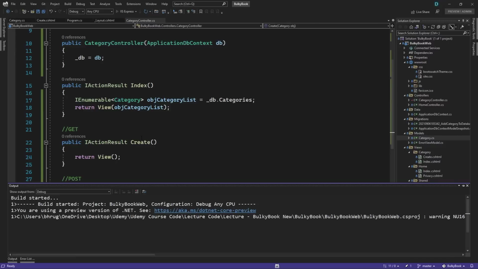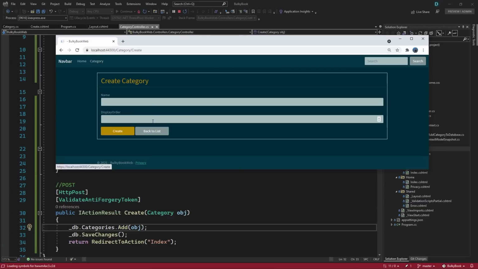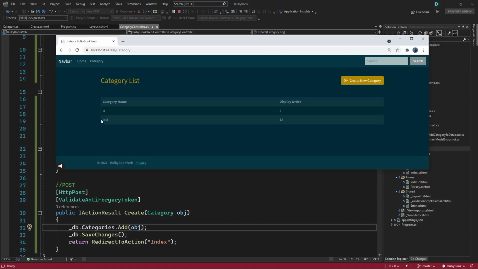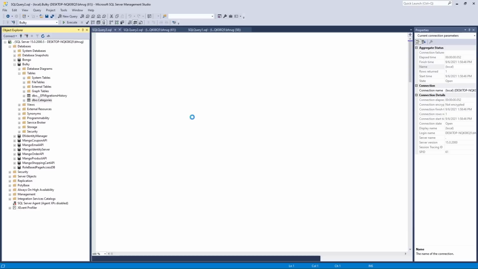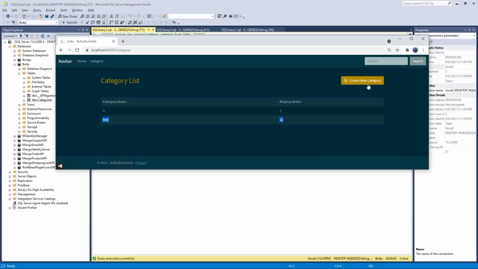Let's run our application and try this out. Let's go to our category and let's create a new category. I will call this test, display order 12, and great. You can see it has been created. If we go back to our SQL Server, let me close this, and if we do select top 1000, now we see 2 records. So perfect, this is working as expected, and we are able to create a new category